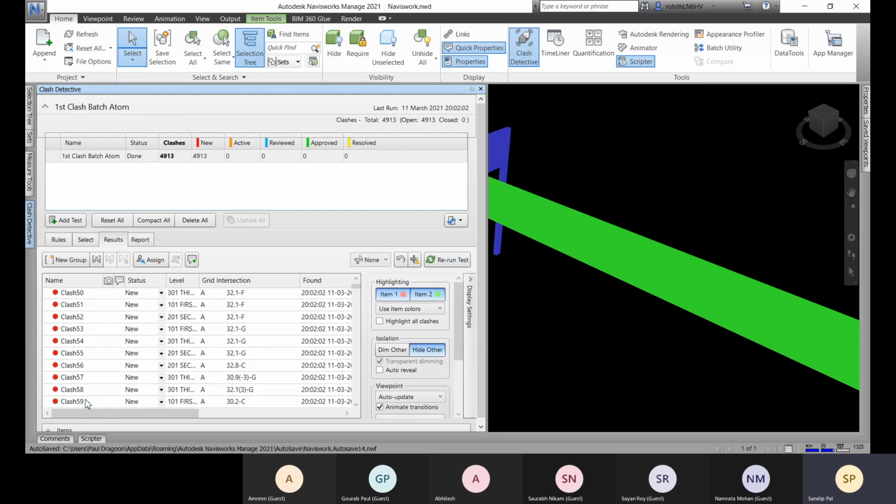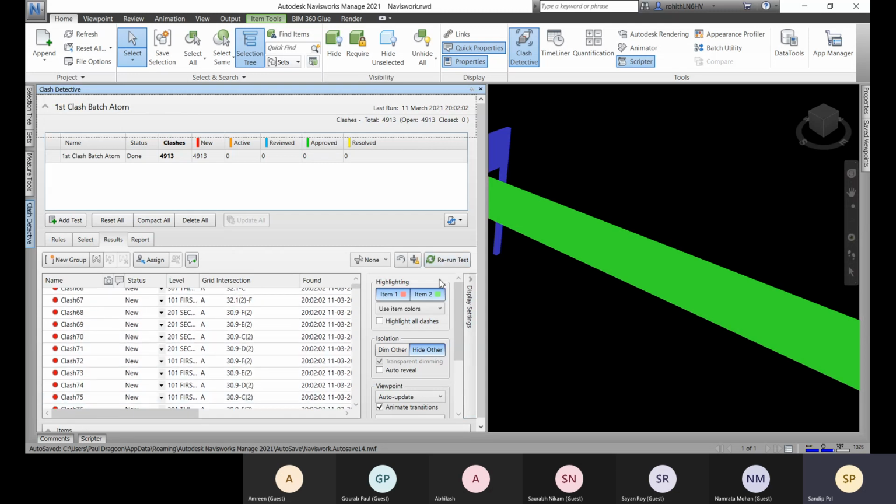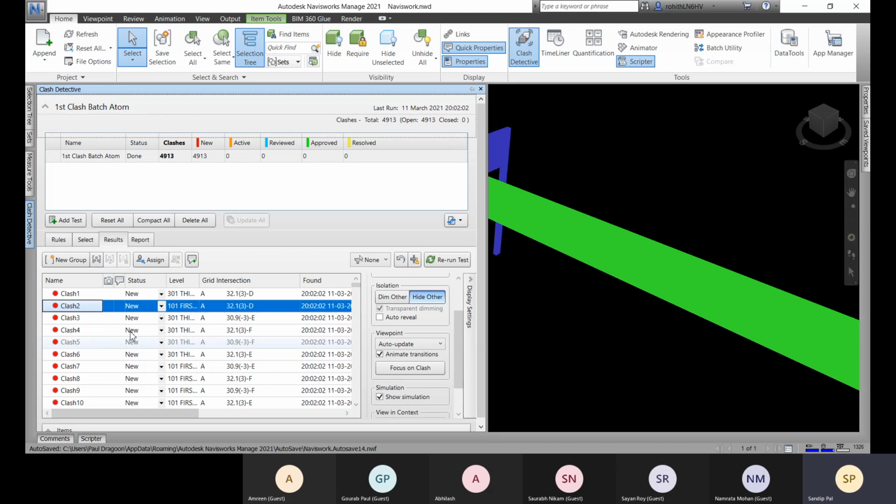Or, without rerunning the test, you can come to this status and go for resolve. Then you can see that this is added to the resolved list.